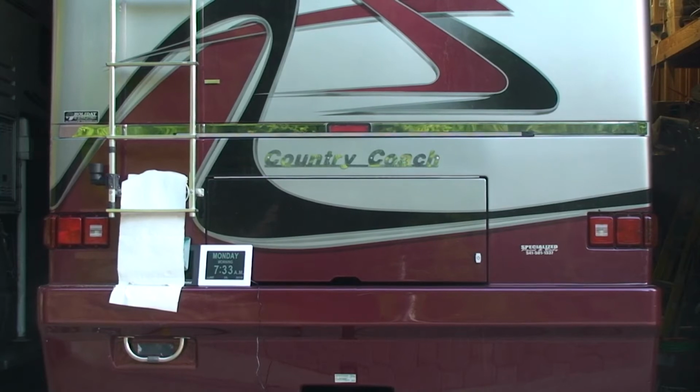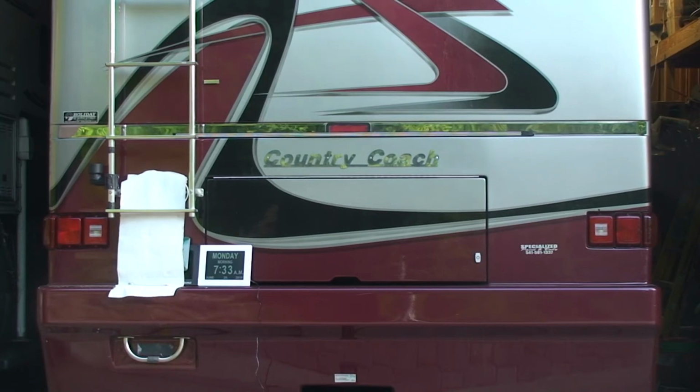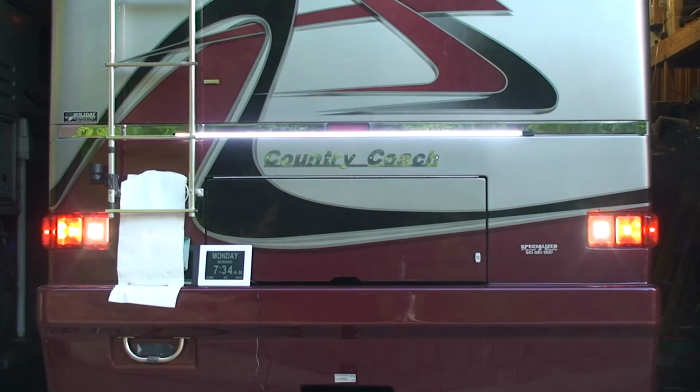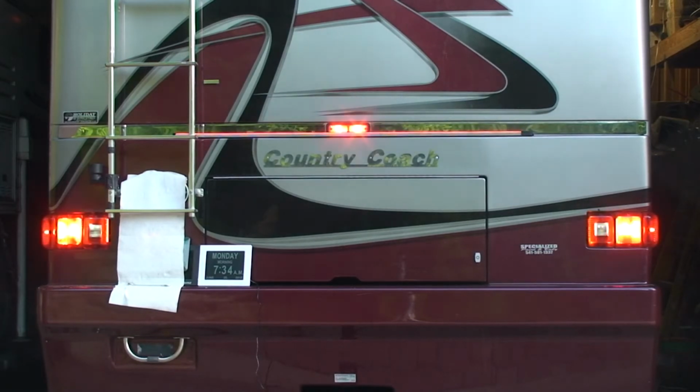So now I'm gonna turn everything on, and hopefully the Bluetooth is still working. So here's the tail lights, then left turn signal, right turn signal, reverse, brake,